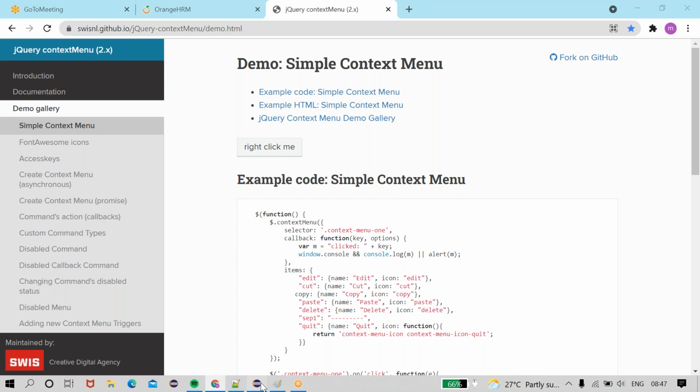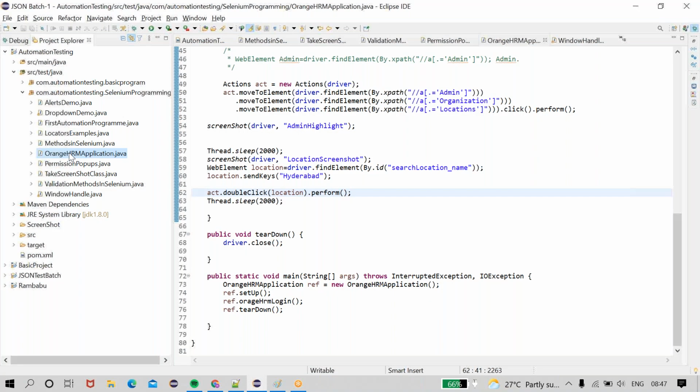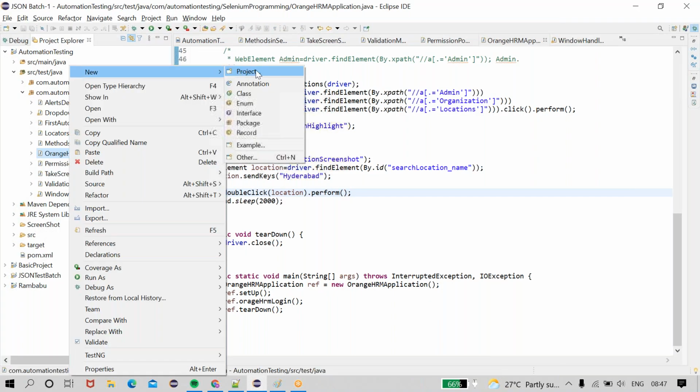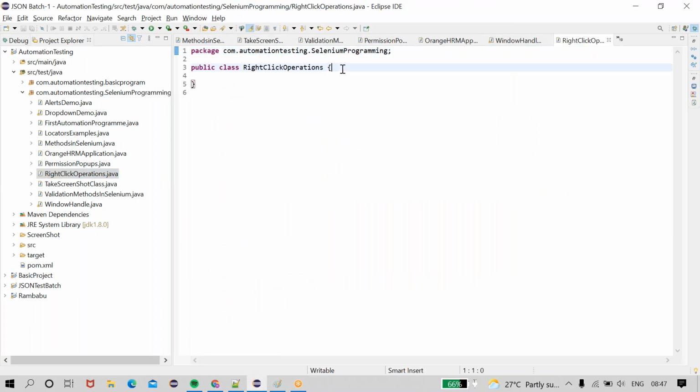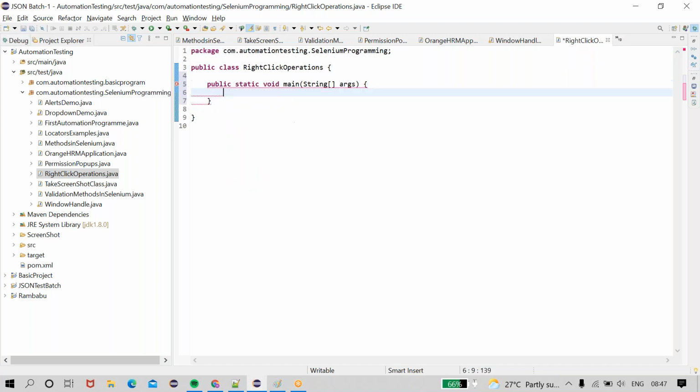I am going to create one more class. The class name is RightClickOperations. I will write it in the main method itself. Simply, what code do we need?